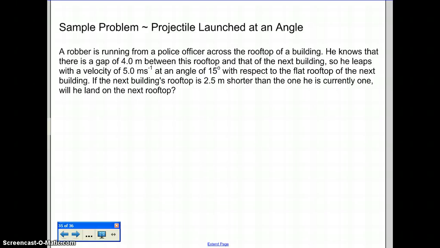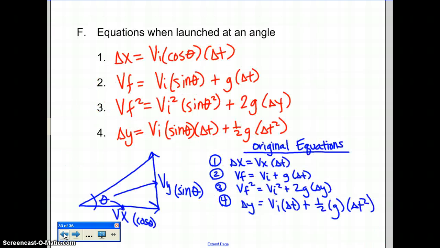So let's sum up topic 2, kinematics, 2D motion. This last video is going to be on projectiles launched at an angle. The equations we already went through in the previous slides. Let me look back here real quick. These are the equations that you want to look at now, the ones where you have to embed cosine theta